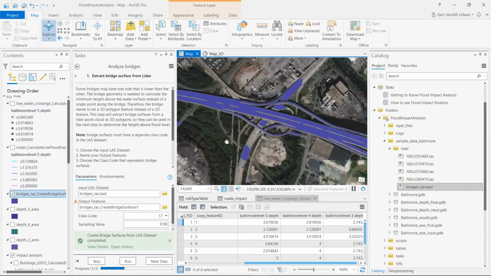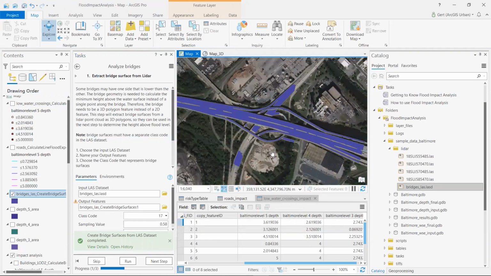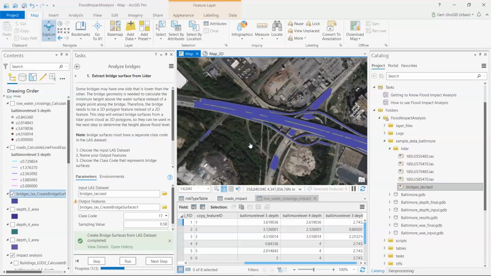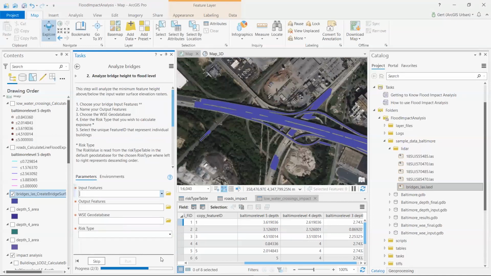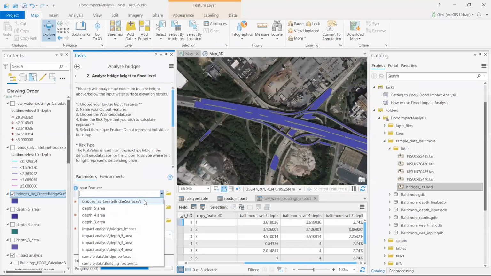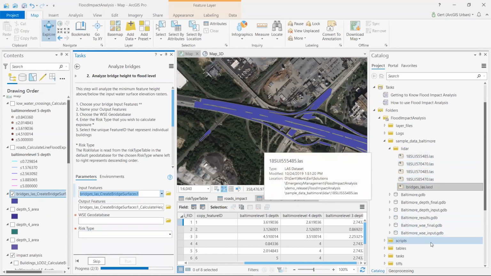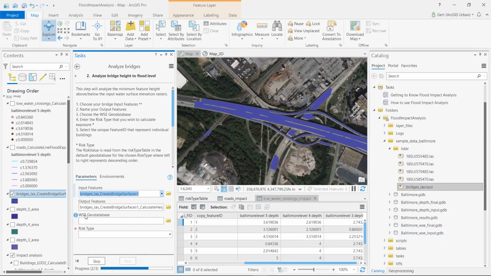So if we go have a look, you can see here now that we've created these 3D bridge polygons. I'll show you in a minute that they are 3D. And then, same as with our roads and the low water crossings, I can analyze my bridge surfaces. In this case, because I want to calculate the height above the water surface and not the depth of flooding, I need to bring in my water surface elevation